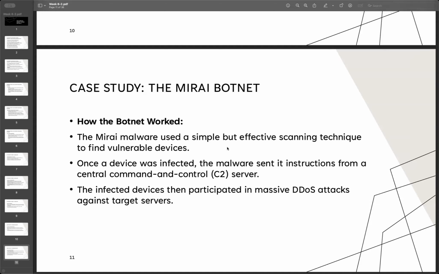If you study malware analysis, actually there's a lab I did showing you. For dynamic analysis, once you execute some file, it will connect to a server. Once you send a certain command to it, it can execute certain commands. So you can command them, and then they will perform certain actions. All those infected devices can participate in some massive DDoS attack